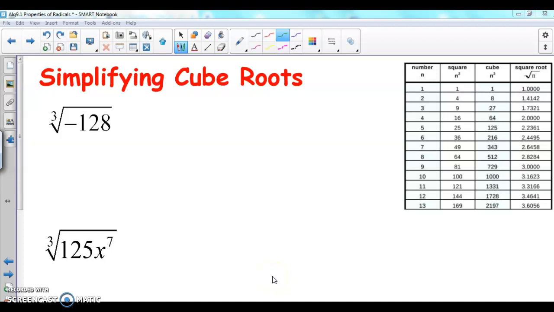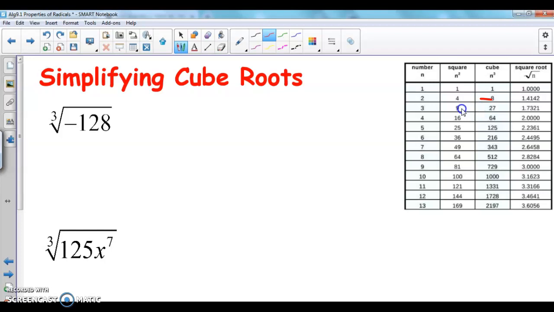The next topic we're going to look at is how to simplify cube roots. So instead of looking at the second column, we're going to look at the table of perfect cubes, such as 1, 8, 27. So like the cube root of 8 is 2 because 2 times 2 is 4 times 2 is 8. However, if I put a negative sign on 8, so the cube root of negative 8 will become